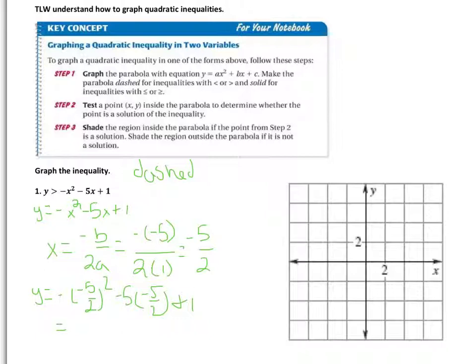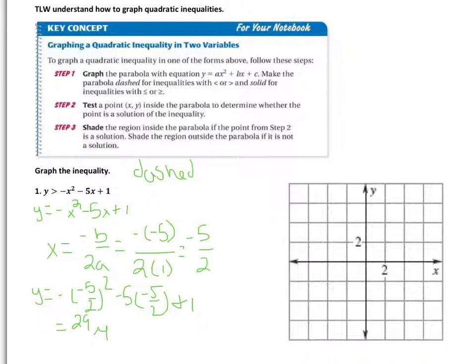So plug that in and calculate it. Make sure you do the negative because I almost had to double check that. So you get 29 over 4,